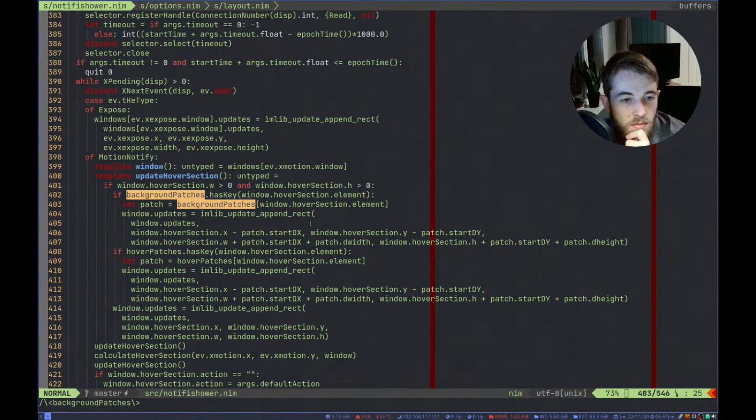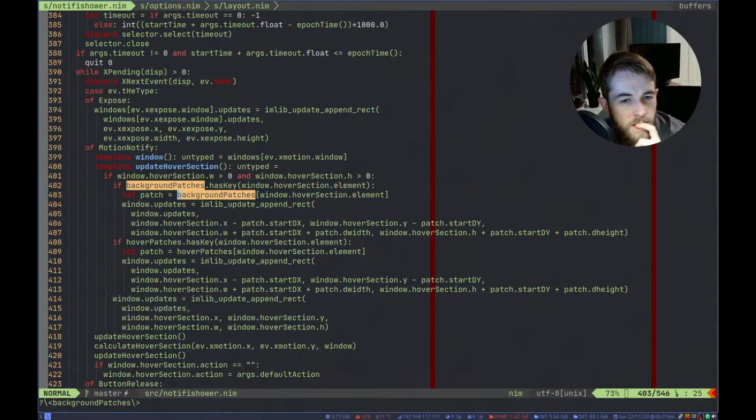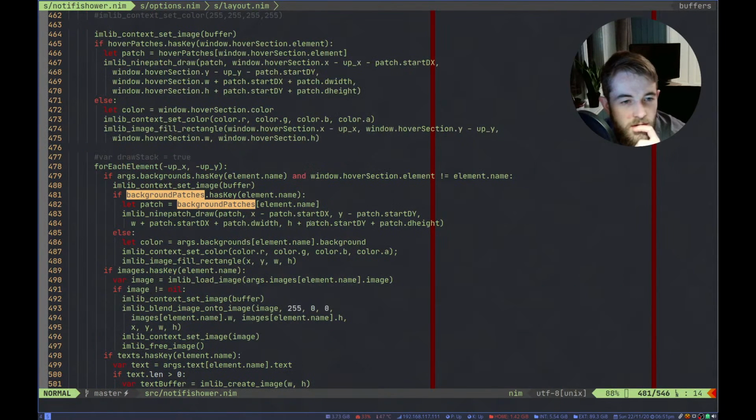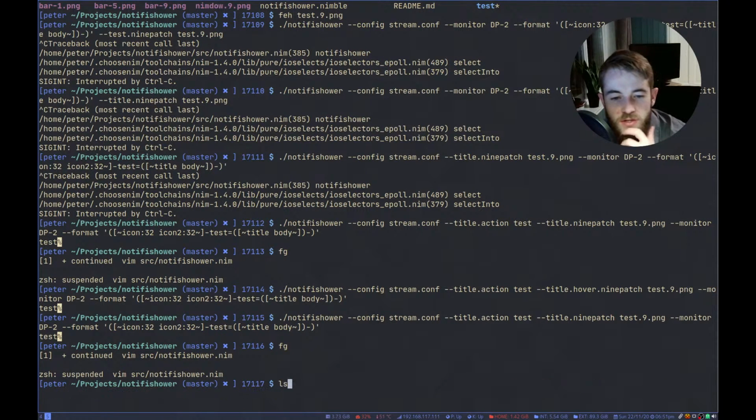Oh, yeah, not that one. Here. Wait, have we done something dumb here? We're drawing the 9 patch. Okay, so let's just check that it loads it.